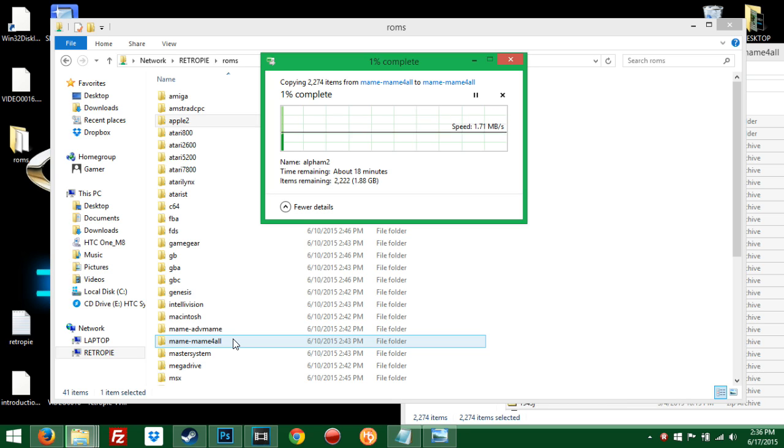Now, this is going to be getting all our systems up and running. However, some systems are a bit more fussy. I'm going to tell you the ones to install for now, until our later videos when we actually go more in depth and start configuring them. Basically, all of them will work, but up to now, some of them are configured to work with keyboard and controller. I want to do everything just through the controller. So for now, the only systems I recommend installing at this point, which should be playable with only the joypad, are MAME,